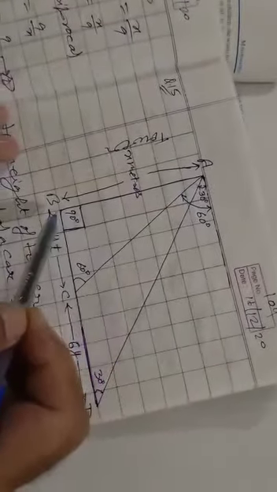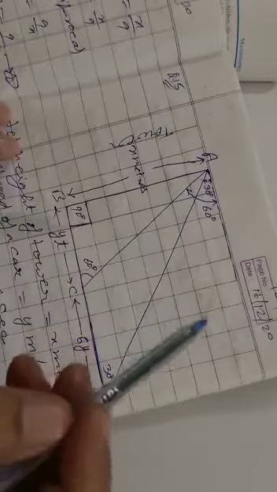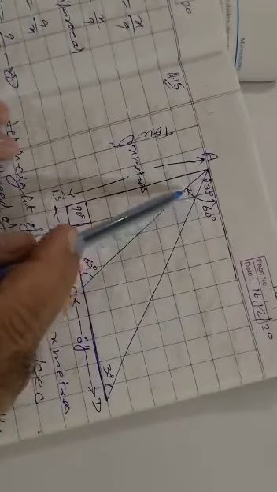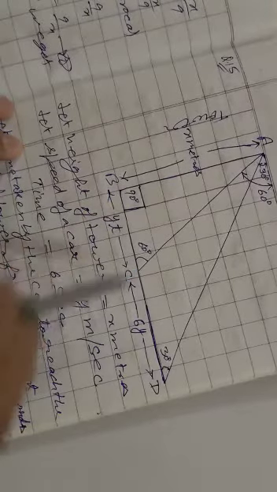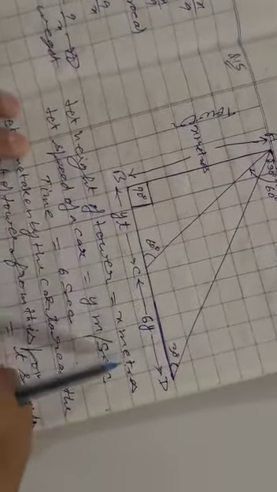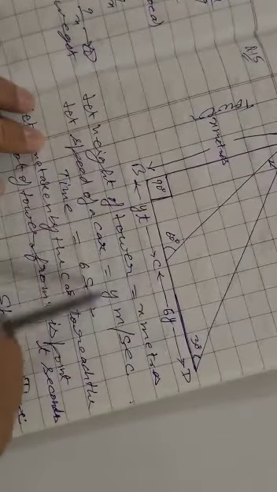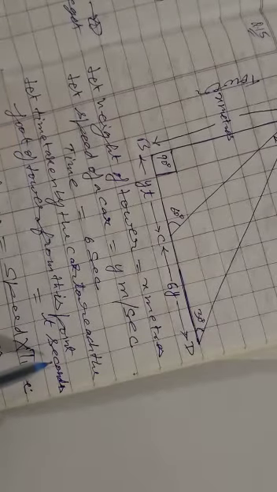Let AB be the height of the tower, that is x meter. Angle of depression of car, that is 30 degree, and after 6 seconds angle of depression is 60 degree. Now let BC equal to yt and CD equal to 6y. Again repeat, let height of the tower equal to x meter, let speed of the car equal to y meter per second, given time equal to 6 seconds. Let time taken by the car to reach the foot of the tower from this point equal to t second.